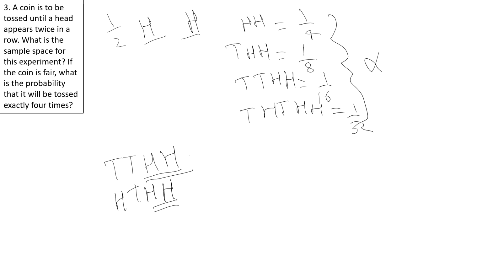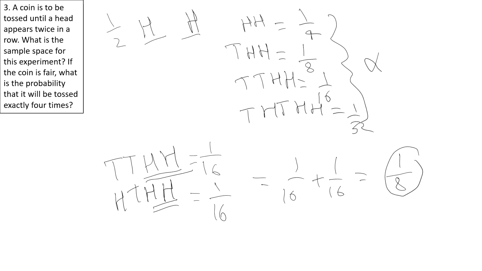So these are the only outcomes that can happen. Now what are the chances for this happening? The chance is obviously half into half into half into half, which means 1 by 16. Then this will also be 1 by 16. So the probability that it will stop at this will be 1 by 16 plus 1 by 16, that is 1 by 8. For 4 tosses the probability is 1 by 8. Now what is the probability that it will be tossed exactly